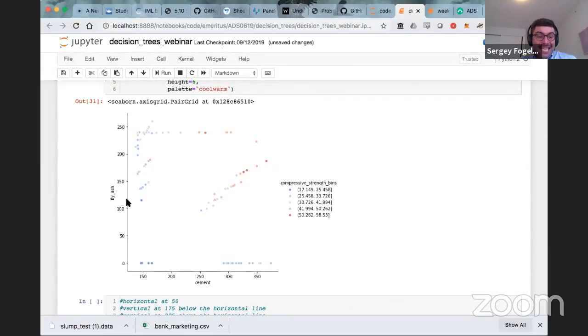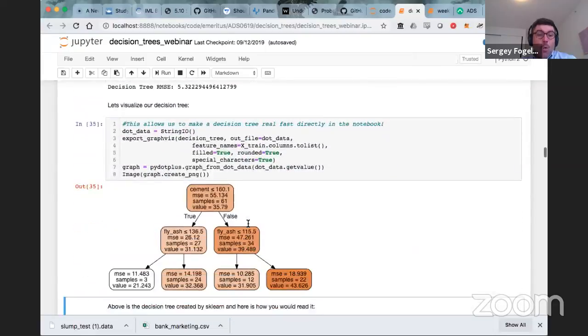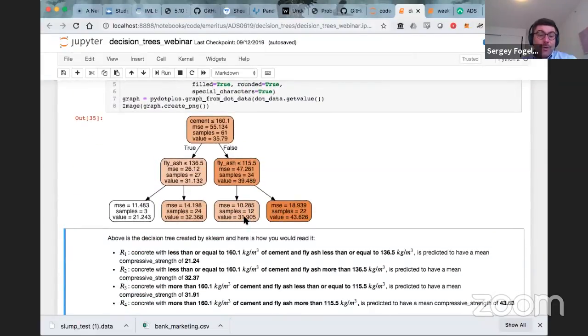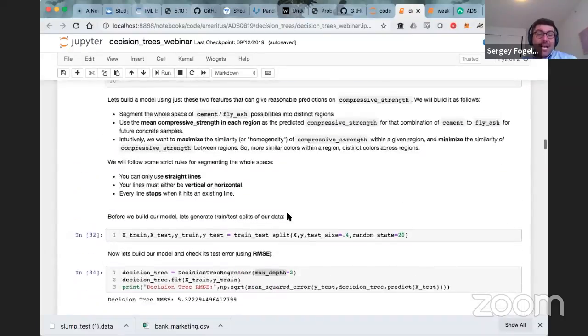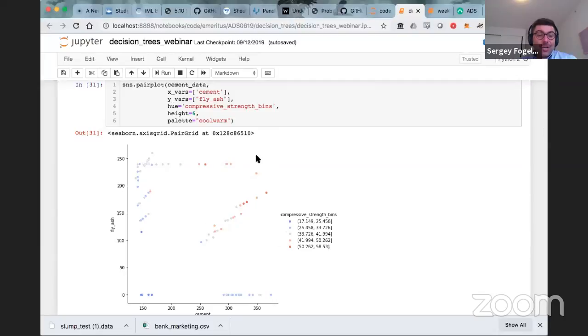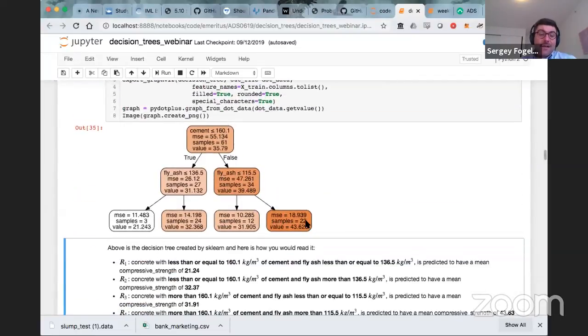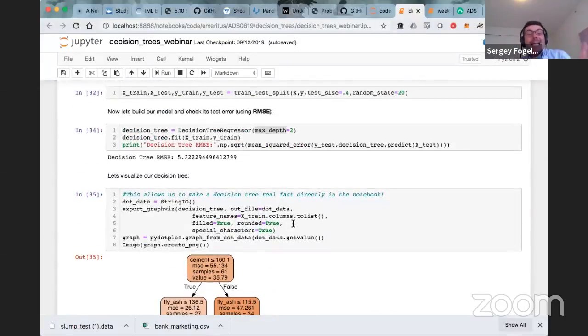And if it is less than 115.5, then again, we take the average of these values in this general area, which is right around 31.9. And if it's not the case, if it's false, then it puts us into this region, okay? And in this region, the average compressive strength is 43.6, okay? So that's exactly the decision tree that scikit-learn automatically created